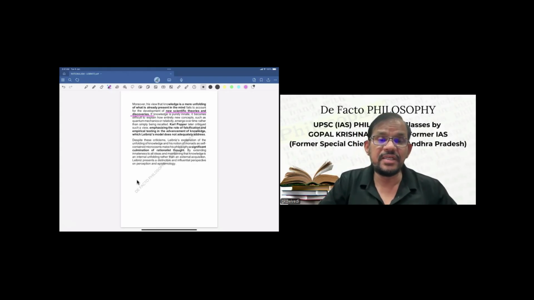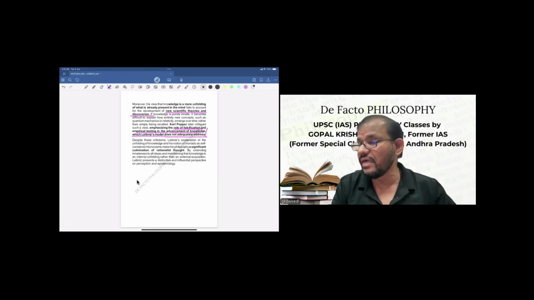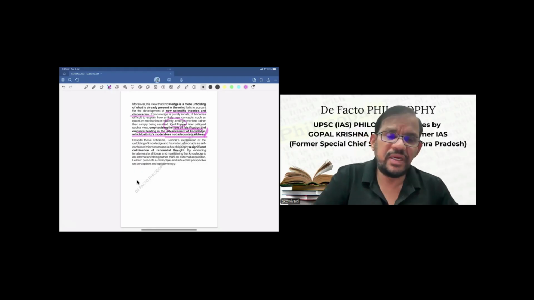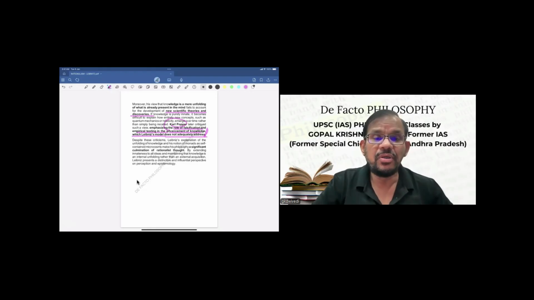Karl Popper criticized this, emphasizing the role of falsification and empirical testing in the advancement of knowledge, which the Leibniz model does not adequately address. This is Karl Popper's criticism. But we should admit that despite all this criticism, his theory of perception is quite significant. By extending innateness to all ideas and maintaining that knowledge is internal unfolding rather than external acquisition, Leibniz presents a distinctive, influential perspective on perception and epistemology. So basically, with this, we